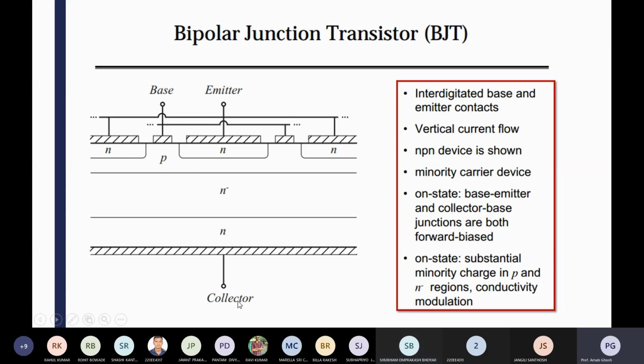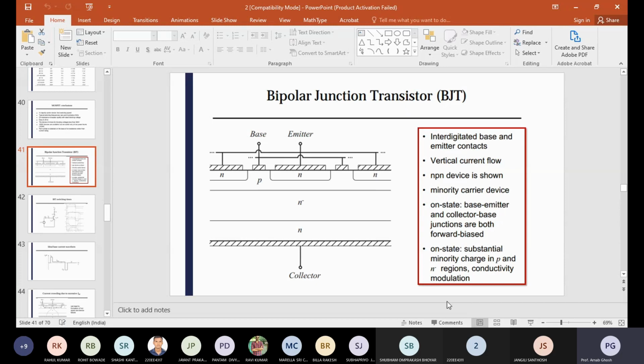You know that n minus and n differ in concentration, so n minus will definitely be lower than n. It is close to the NPN configuration. It is an NPN configuration, and the collector is there.